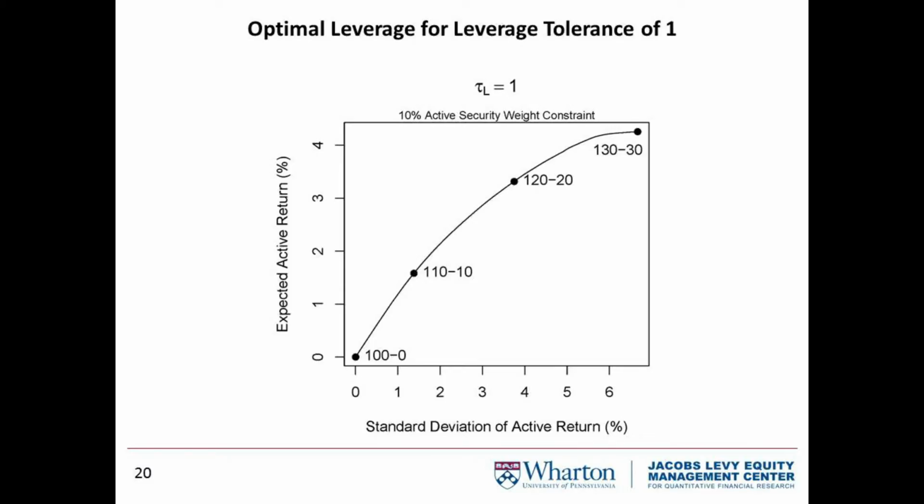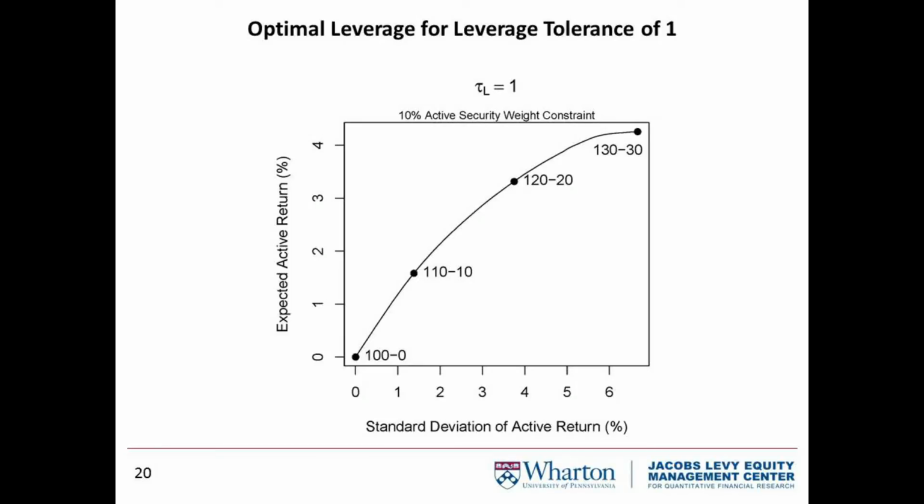The next case is an investor with a leverage tolerance of 1. This can only be solved with MVL optimization. And once again, if the investor has no tolerance for volatility, they'll be at the origin holding an index fund. And as they become more tolerant of volatility, they'll move out the efficient frontier, taking on higher and higher levels of volatility risk, getting higher and higher levels of expected return. But the one thing that's really interesting here, remember, we're holding leverage tolerance constant. All we're varying, moving along that curve, is volatility tolerance. And yet as we increase the volatility tolerance, you'll see the investor takes on more and more levels of leverage, moving from long only to 110-10 to 120-20, et cetera. As we continue to increase